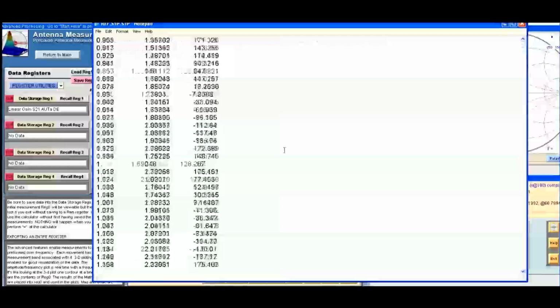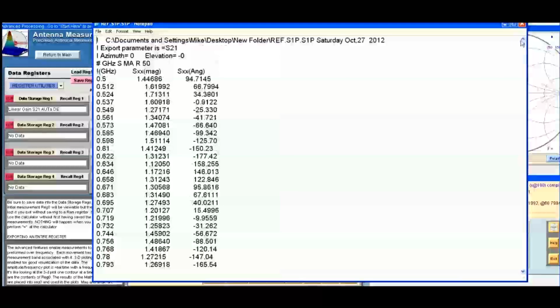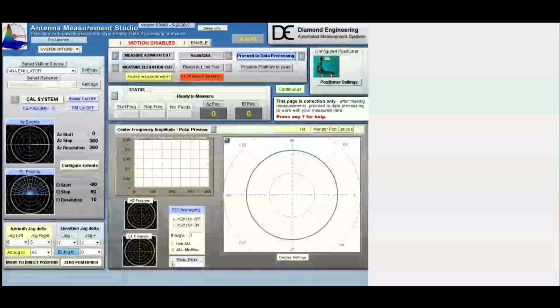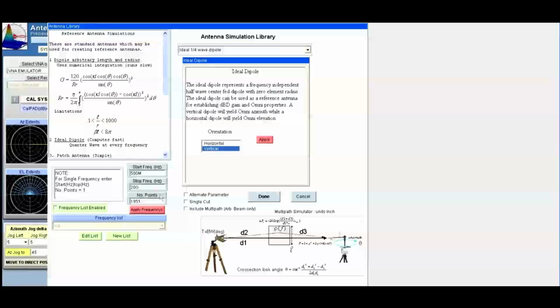In this case, the high-resolution calibration of the DE horn results in about 12 MHz steps with 1600 data points. Next, we're going to create a calibration sticker which will have a 500 MHz data point along with a 1 through 20 GHz in steps of 1 GHz. To do this, we need to establish that frequency step, which we do through the VNA emulator and the frequency